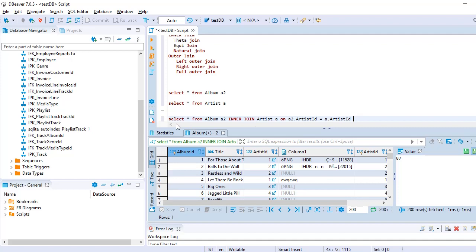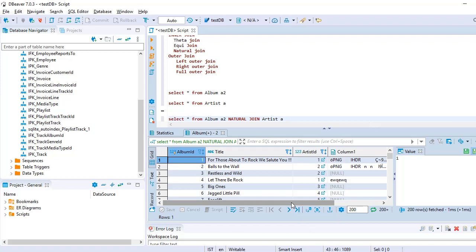Now here comes the natural join. In the natural join, we use the keywords natural join, and we can remove the comparison part. It will do it internally. It will see the common attribute among the two tables and join the two tables.